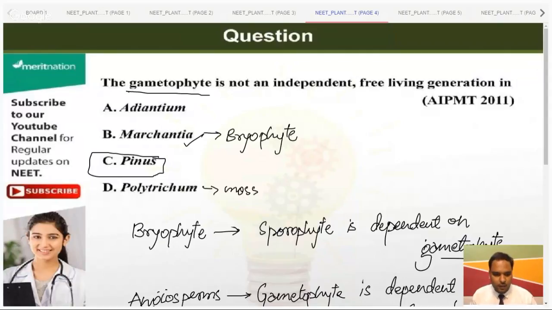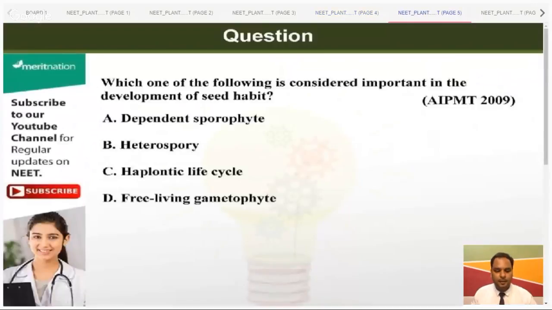Yeah, I feel you are. So let's move ahead. Somebody says Pinus is Pteridophyte. No, Pinus is a gymnosperm. Cycas, Pinus, these are the two best examples of gymnosperms, right? Pinus is a gymnosperm, right? Okay. Sure, great. Let's move ahead with this new question.